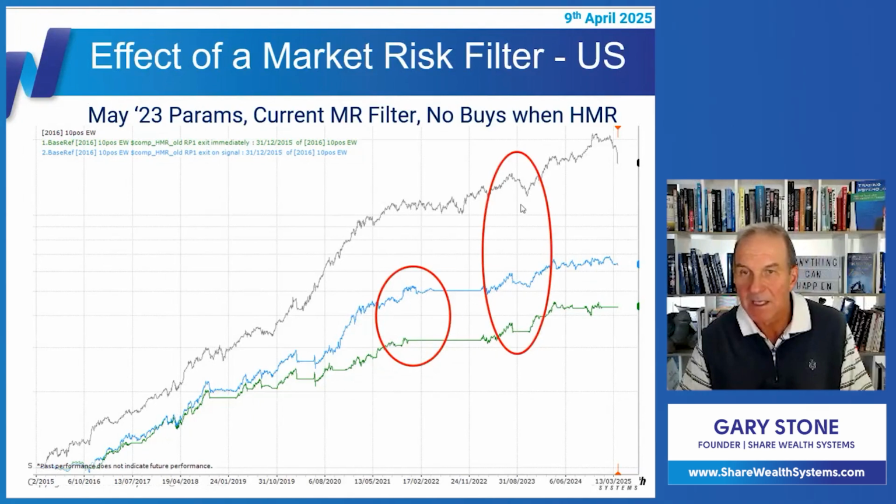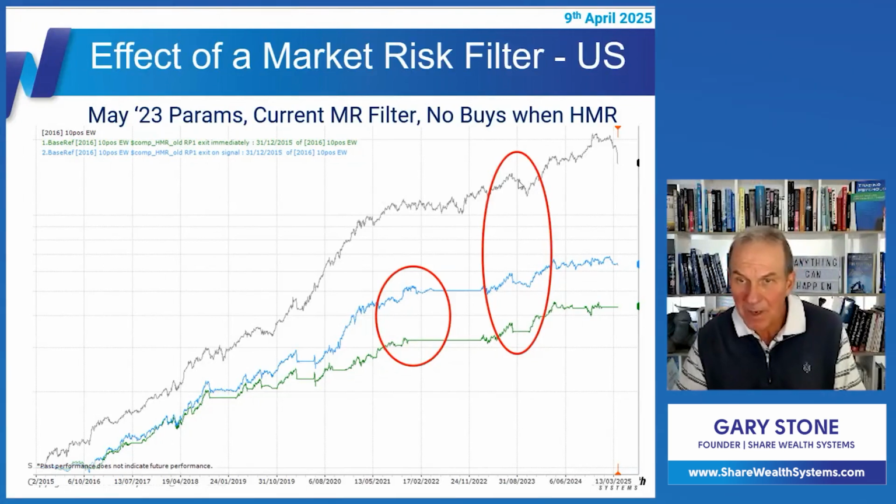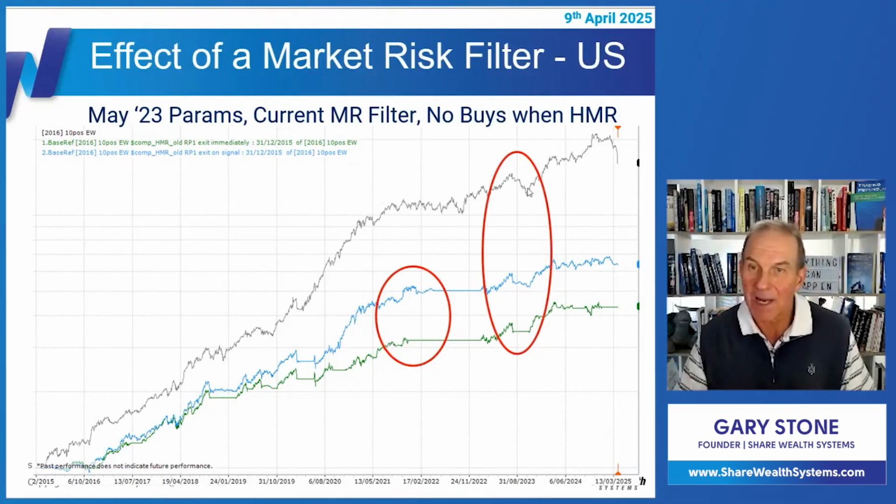And similar over here, you can see that we exited immediately on the green, and continued to get exit signals there. So drawdown in this period here in 2023 was much lower in these two equity curves, and the one that had no market risk applied to it obviously had a bit of a deeper drawdown. Now, looking at the most recent price action, you can see both of these have far less emotional pain. I think the green one is like 5% or thereabouts instead of the 23% that's sitting in the public portfolio at the moment.